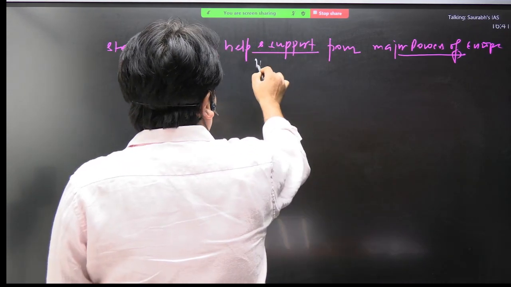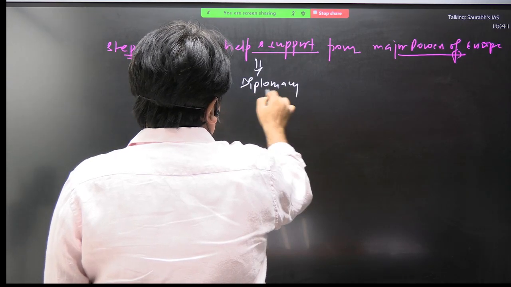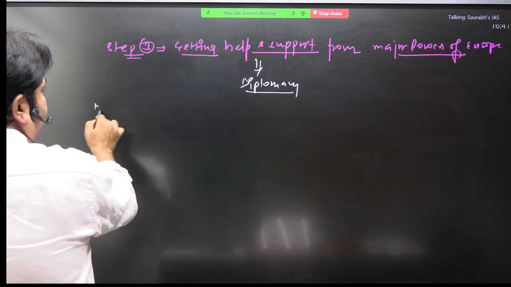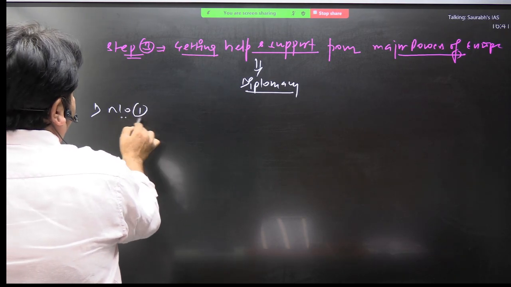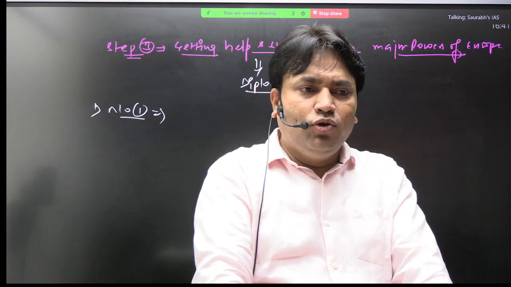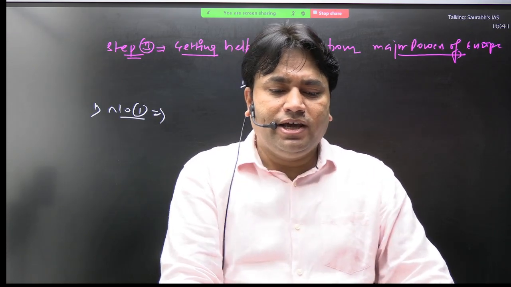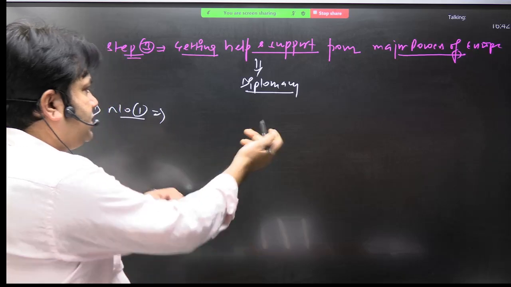Diplomacy. तो यहाँ पे diplomacy क्या है? This we need to understand. Diplomacy क्या है? So diplomacy number 1. What is the diplomacy number 1? That is very interesting. Okay. What Cavour will do? What is diplomacy number 1? Diplomacy number 1 क्या है? देखो. What do we see here?